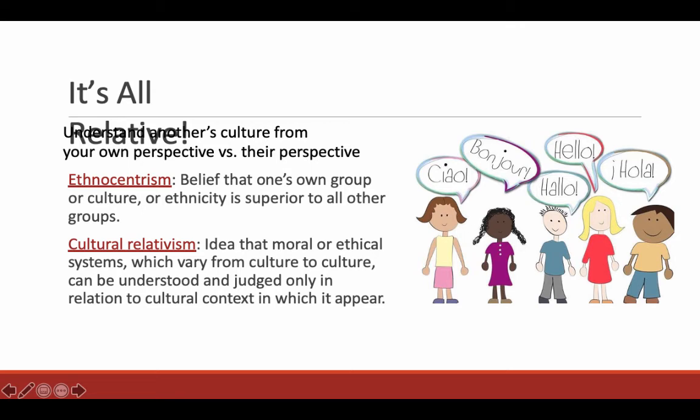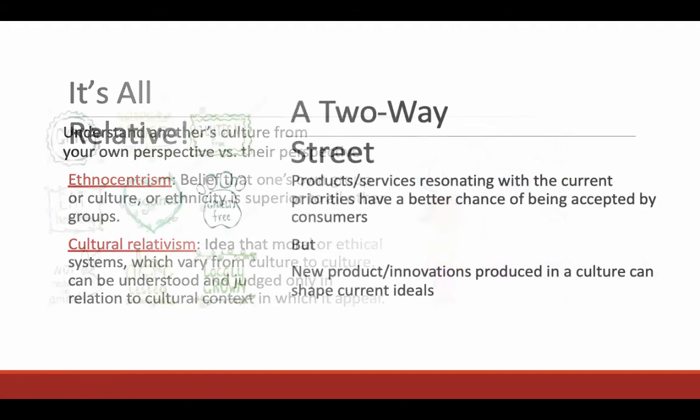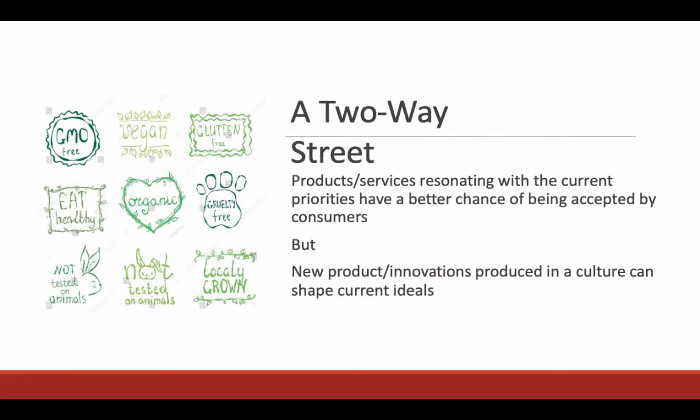Cultural relativism, and we hear that term more today than we ever have. The idea is that moral or ethical systems, which, again, vary from culture to culture, can be understood and judged only in relation to cultural context, which is a peer, so you cannot judge. One is not better than the other. People will debate this. Not everyone agrees on that. Some people say there are standards of good and bad. It can't just be all cultural relativism. So, different opinions. I really need to stress in this class, I'm not here to tell you what to think. I give you tools and the information.